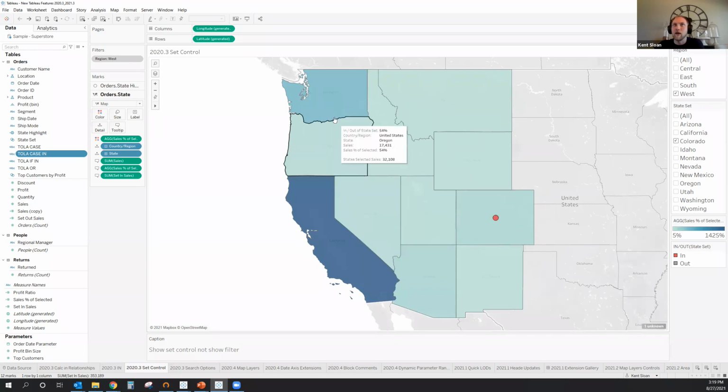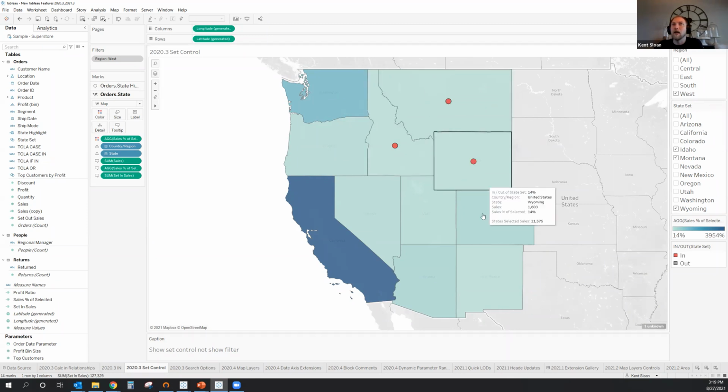state that is selected. So then I could mouse over and see sales in California were 1,425% of what was sold in Colorado, versus say Arizona was 110% of Colorado. I'm able to use the set action to select an individual, but in addition to something like what we'd have in a parameter selection, set actions allow for a multi-select. So if I wanted to combine Idaho, Montana, and Wyoming, I could see what percent these combined make up. California is still way ahead of them, or Utah is really close to them in comparison.